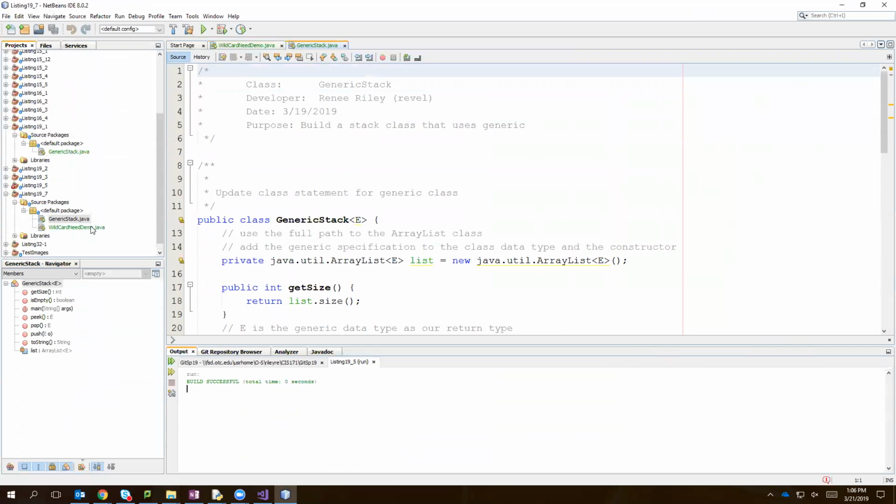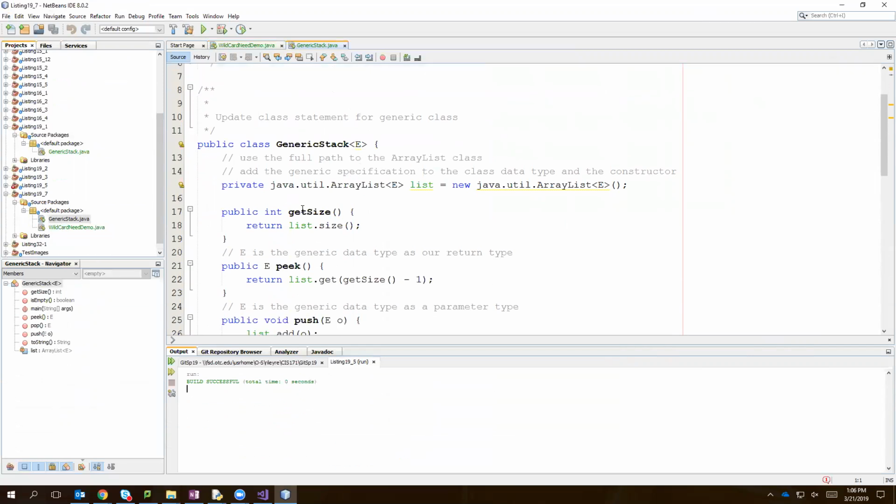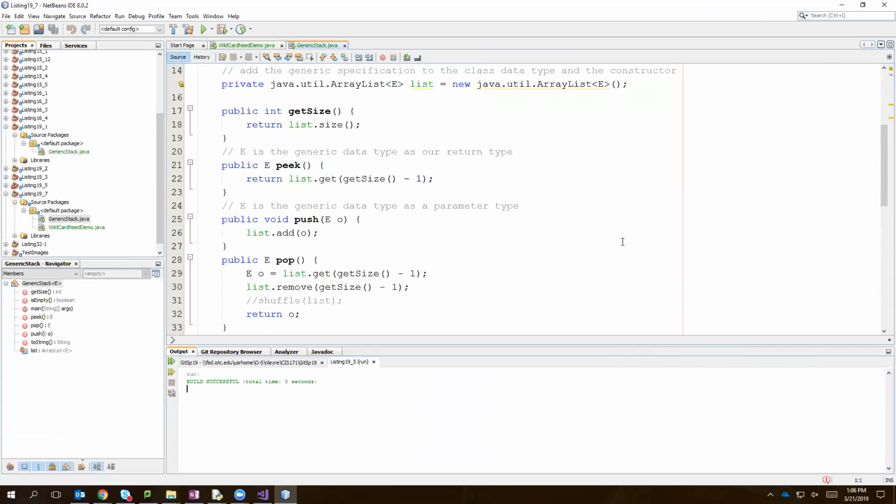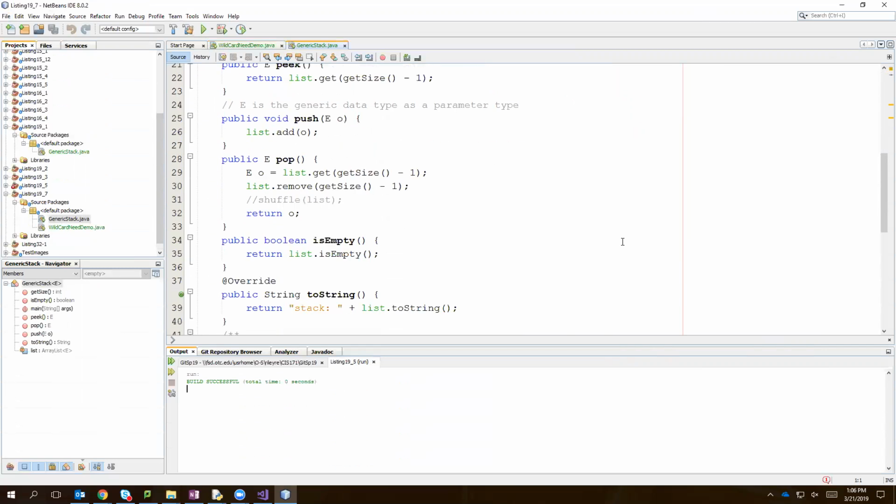Now, in my generic stack, I told it to refactor as it copied, but it shouldn't matter because I'm using the default package. That would have been the only thing that I needed to change was that package name. If you remember, our generic stack from the other day was our first class where we used a generic. So we said we're going to build an instance of a stack, like a stack of plates or a stack of pancakes, and we have these certain